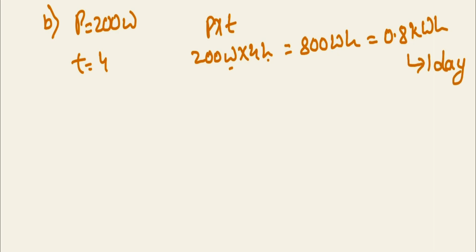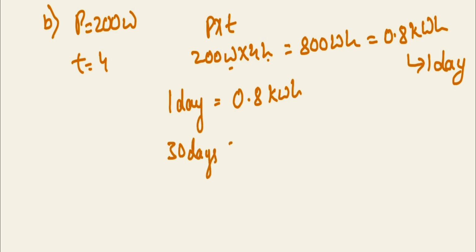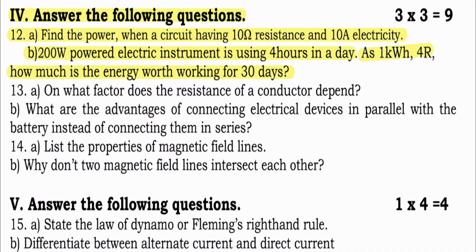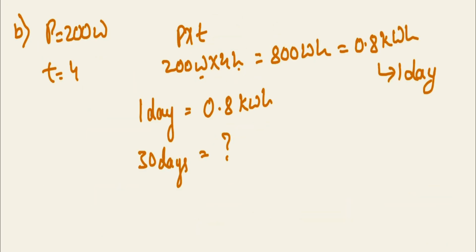Let's do simple cross multiplication. 0.8 kilowatt hour for 1 day. Then for 30 days is question mark. See, they have mentioned here 30 days. If you do cross multiplication, you will get 30 into 0.8 and this will be